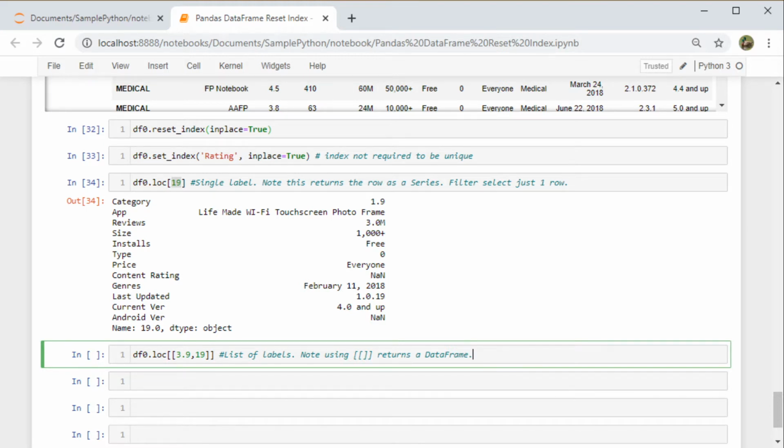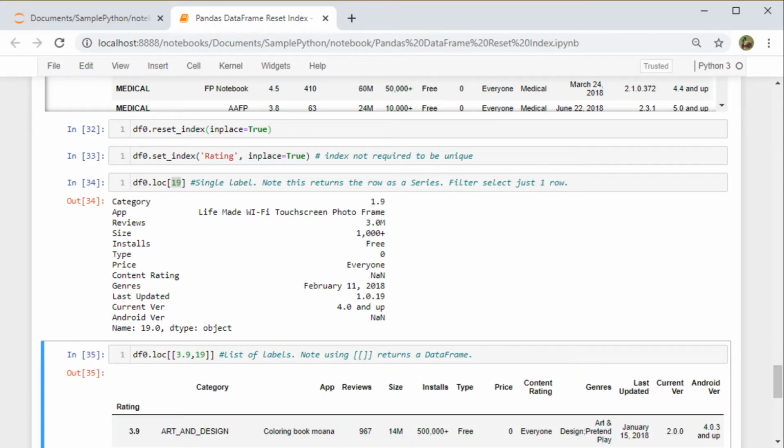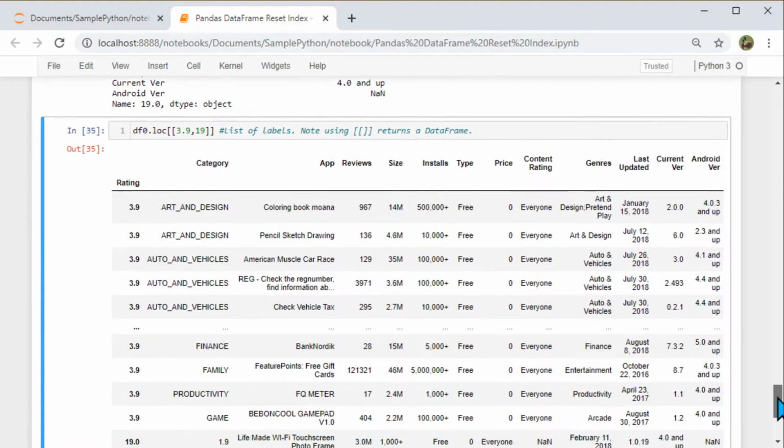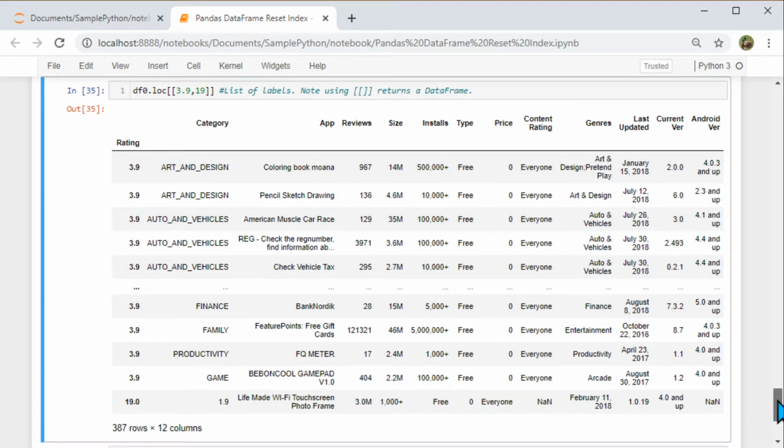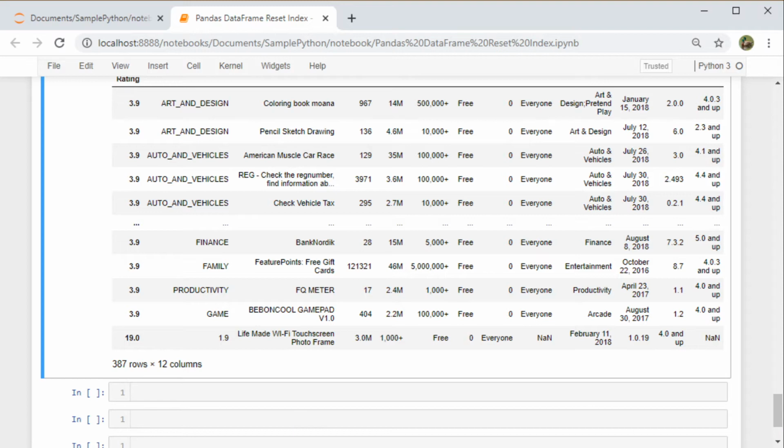So that's the reason we have two square brackets, and the two square brackets enforce return of data frame. So if you see this output here, we have 387 rows and 12 columns, and it's showing it in this form, and this itself is a data frame. Okay.